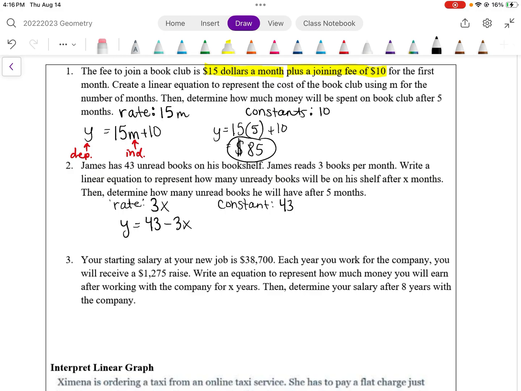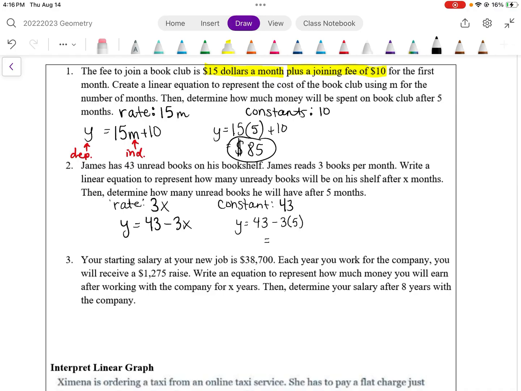We have 43 books to start with. We are reading 3 for every month. So that number of unread books is going down. So we're ready to determine how many unread books you will have after 5 months. Number of months is our independent variable. It's our x. We're going to do 43 minus 3